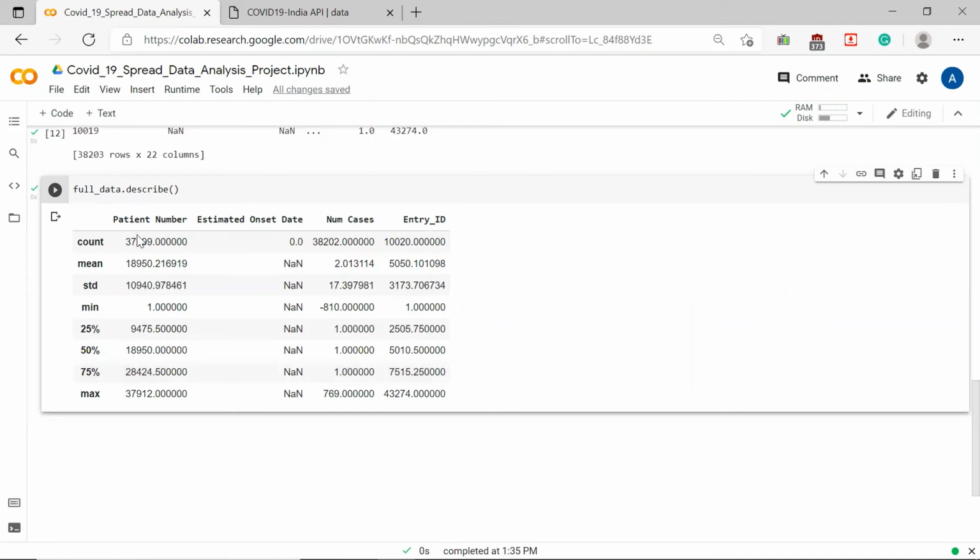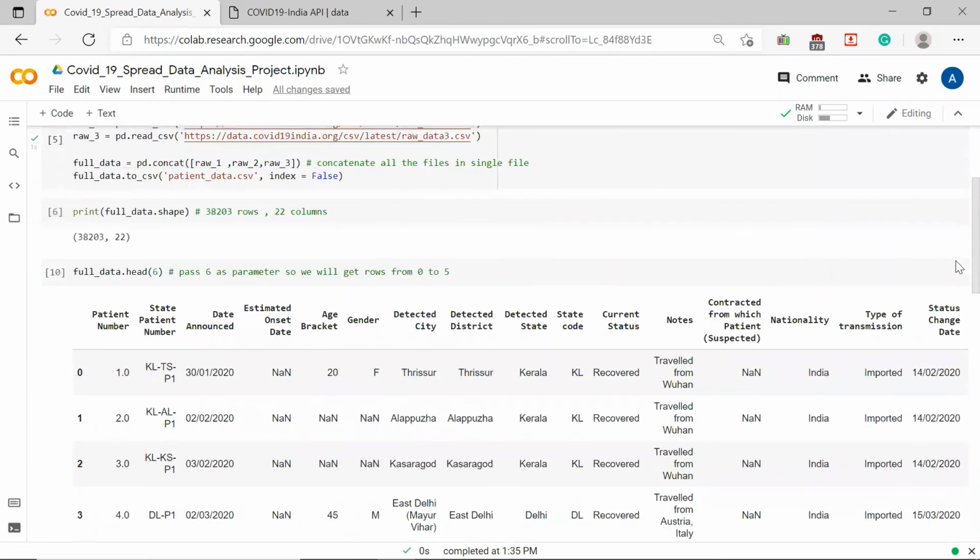Out of the total records, which is 38,000, how much is the 25% record, 50% record, 75% record? What is the maximum value in that? And in most of the columns, we have NaN. That is the reason these operations are unable to work on some specific columns.